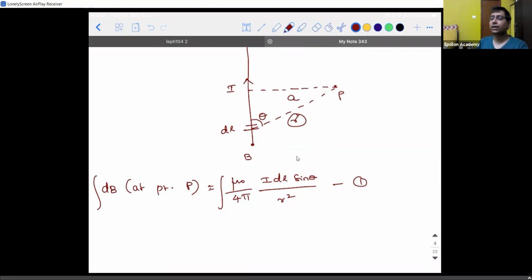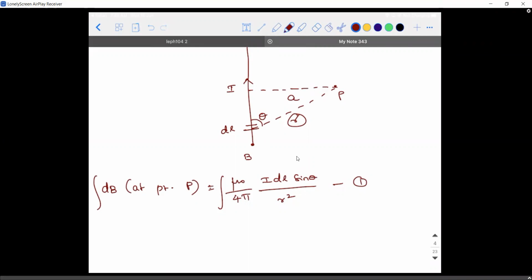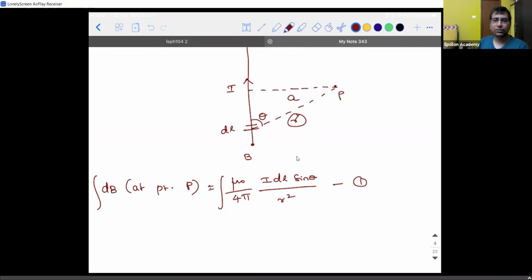In a similar way, what about theta? So the current carrying conductor is like this. If I take dL here, I'm getting this as theta. If I shift this dL to some other location, is the value of theta going to be the same? No, sir. So when dL and theta do not have a fixed value, is the value of R going to be the same?